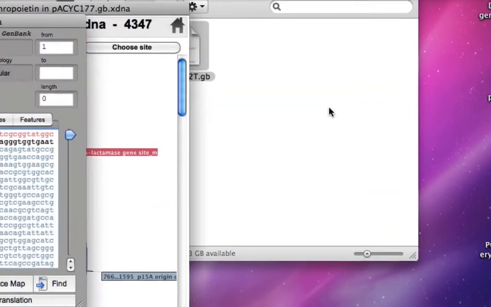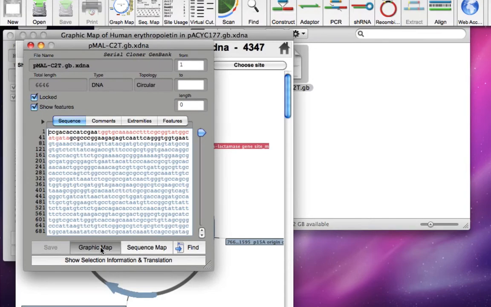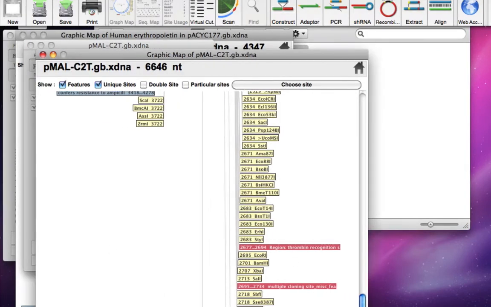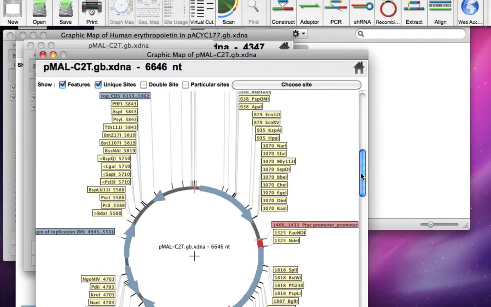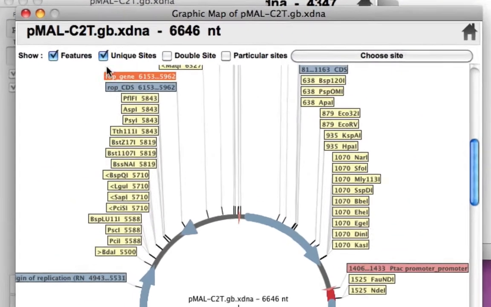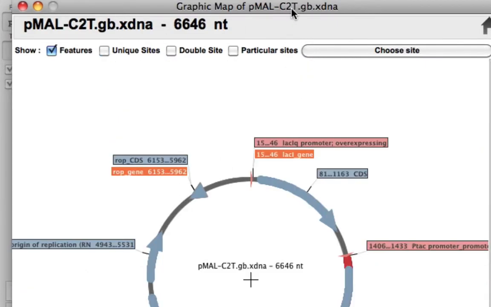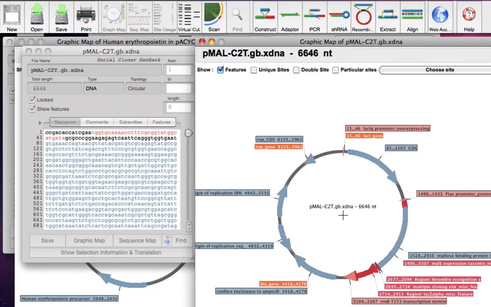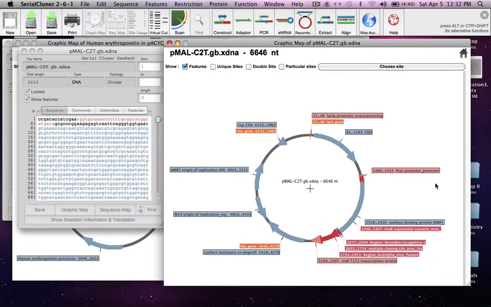So let's open pMAL-c2T and create a graphic map. I'll remove all the unique sites, and now we can see all the features of the pMAL-c2T vector.